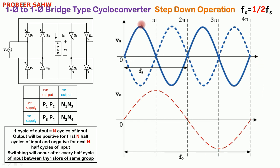And for the next 2 half cycles, output will be negative. So for the 1st and 2nd half cycles of input, output is positive. Again for the next 2 half cycles of input, output will be negative. If we consider a firing delay of alpha,